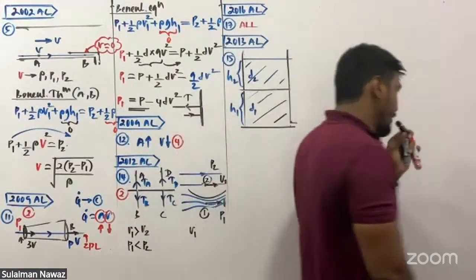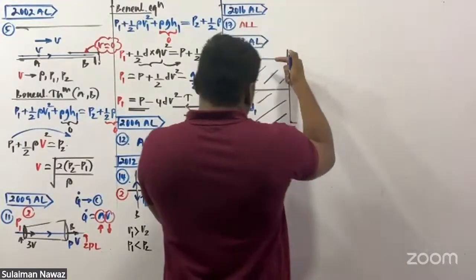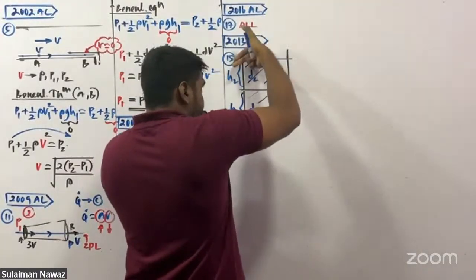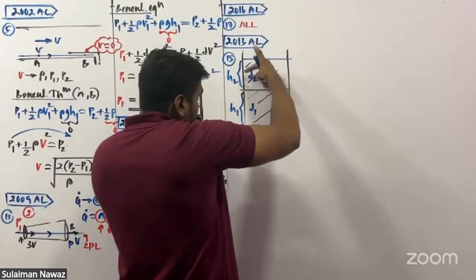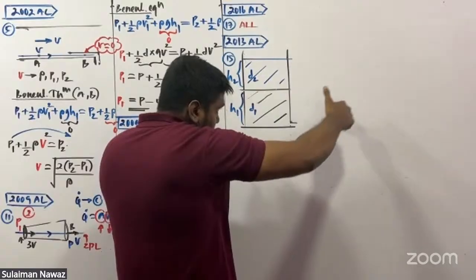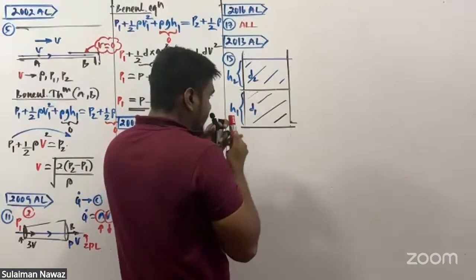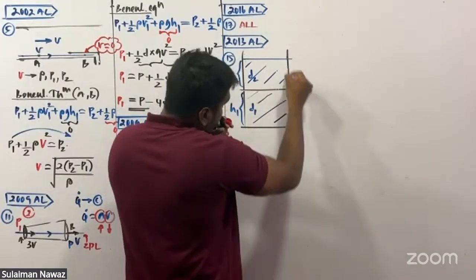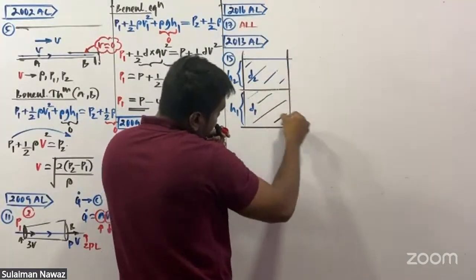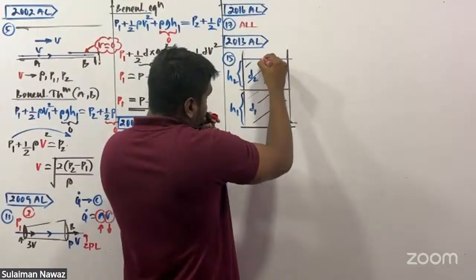Now, the fluid particles are leaving through this hole, so all the streamlines should be drawn like this. If I draw one streamline,